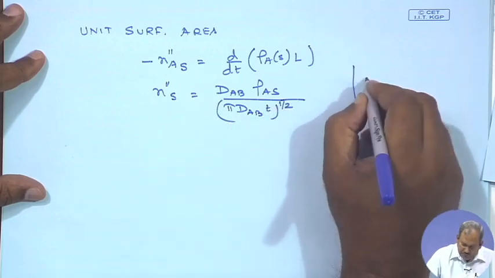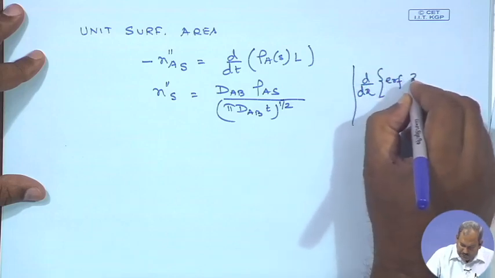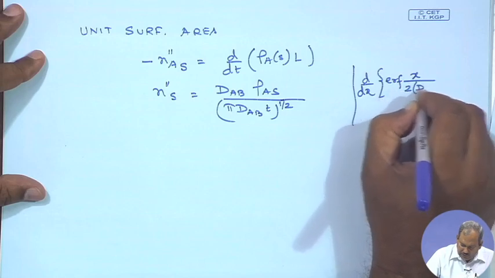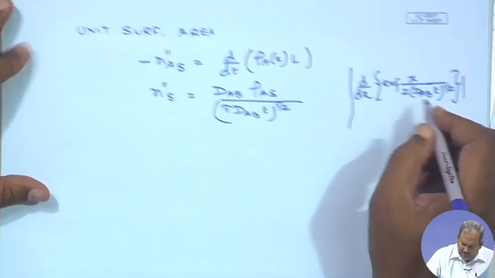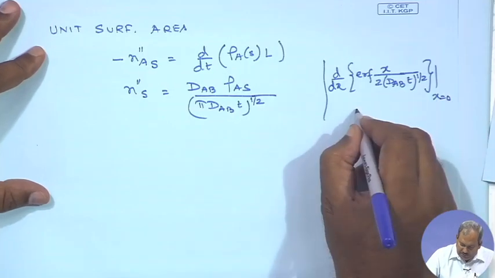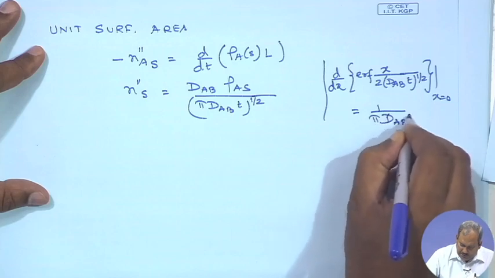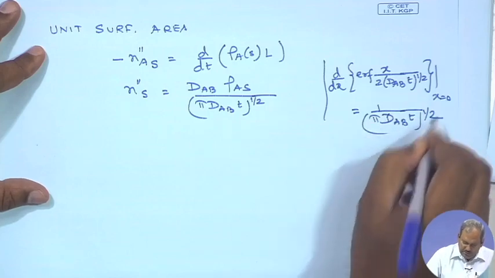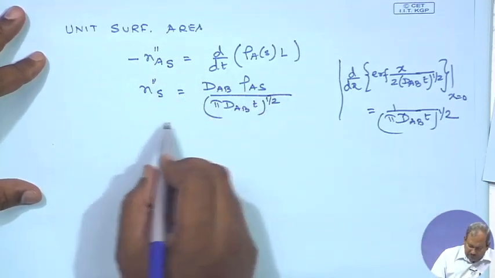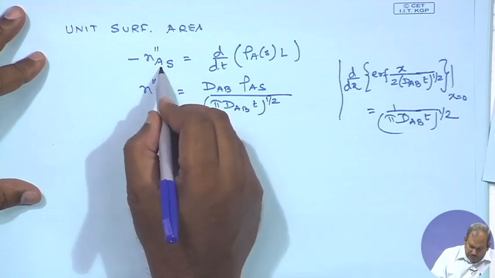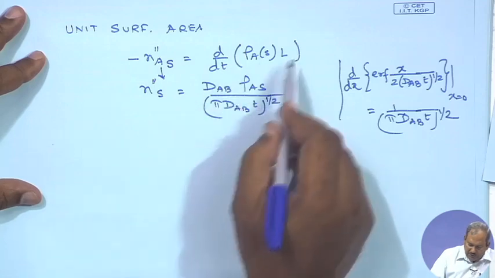I have used the formula that d/dx of error function of x by 2 root DAB t, evaluated at x equals 0, is equal to 1 by root pi DAB t. This is the standard formula that I have used. So here I have evaluated the left hand side, and when I go to the right hand side,